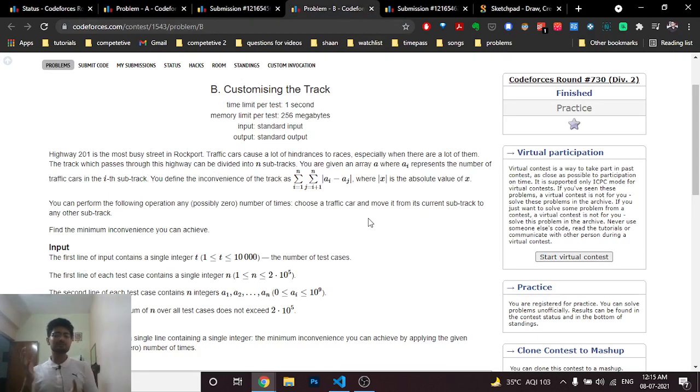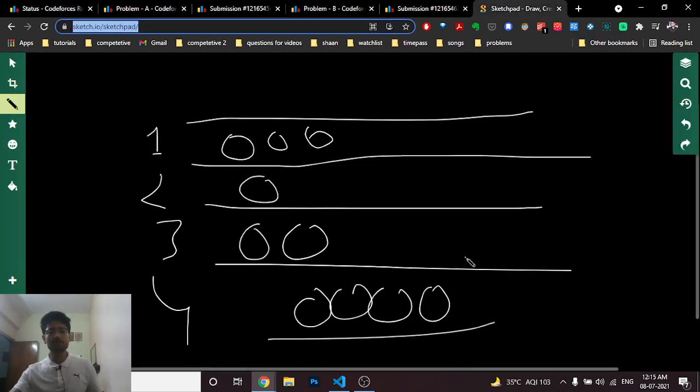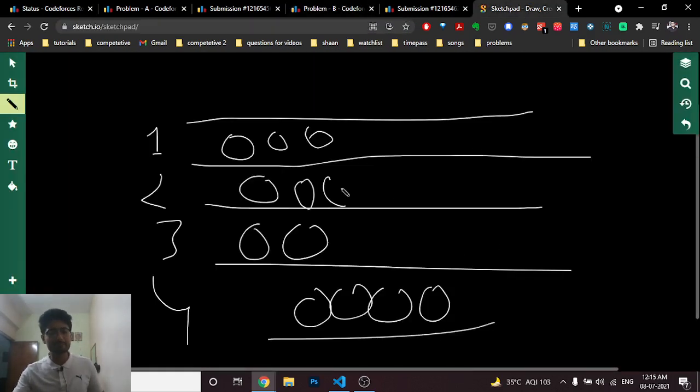So I want to somehow decrease the value, so I want to somehow make this 0. As you can see, if I want to make this 0, then if 2 tracks have the same number of cars, then obviously if you take those 2 tracks as a pair, it will cancel out and become 0. I hope you get the point. So it means that I want to somehow evenly distribute the cars among all the tracks.